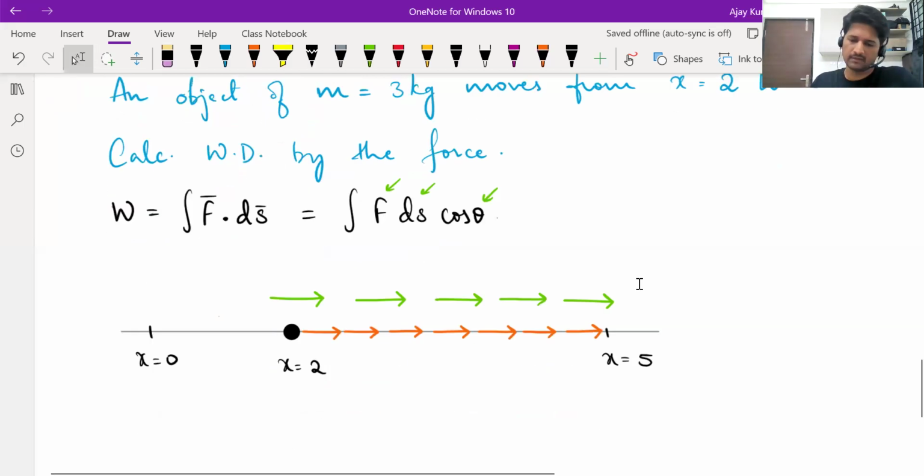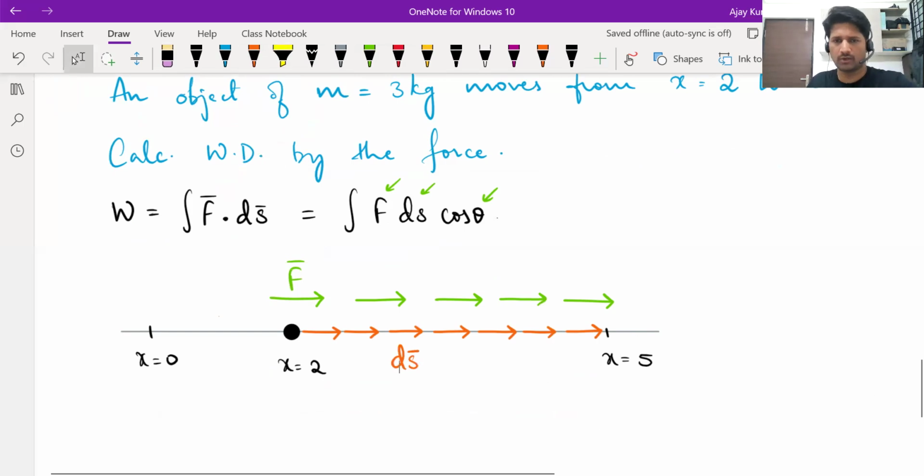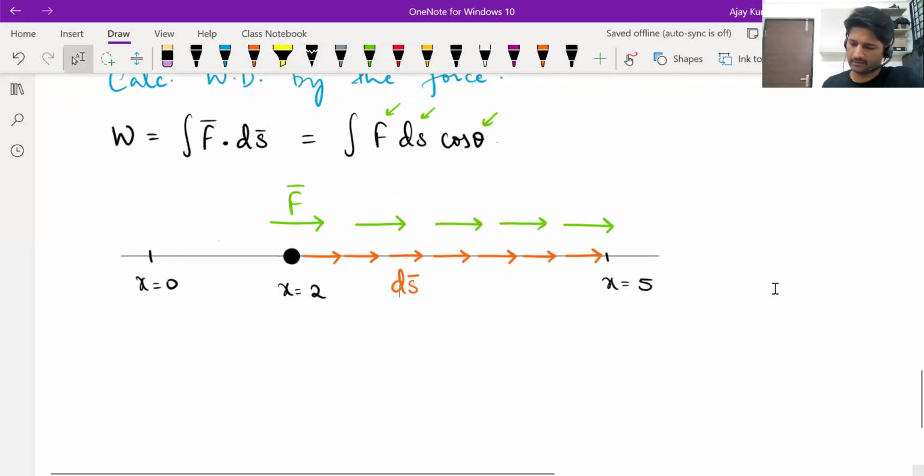Okay. Listen, all of you. As I said, you need to be very careful. Now, the green vectors indicate the force. The orange vectors indicate the displacements. Now we need F dot ds, and we know how to do dot product. Let us use all that here. W